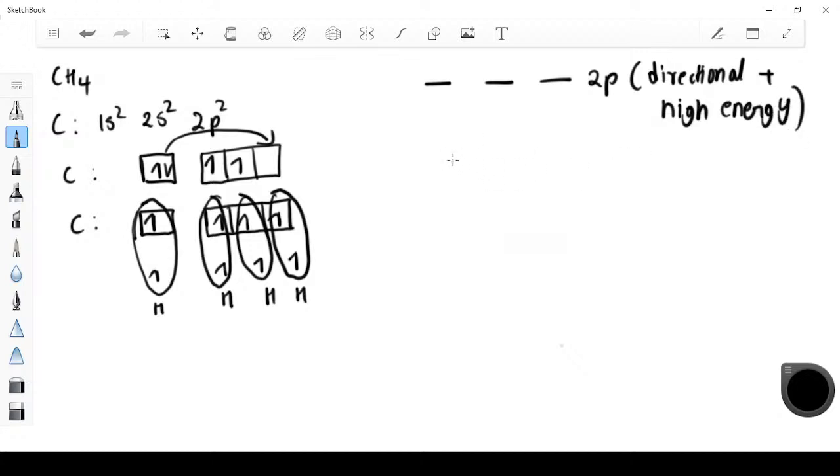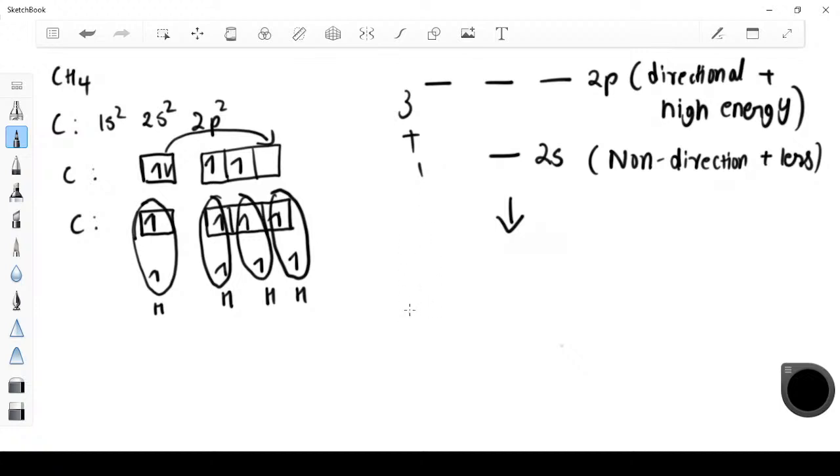And the s orbitals, 2s: non-directional behavior plus less energy. So they combine to give us four new orbitals, 3 plus 1, 4